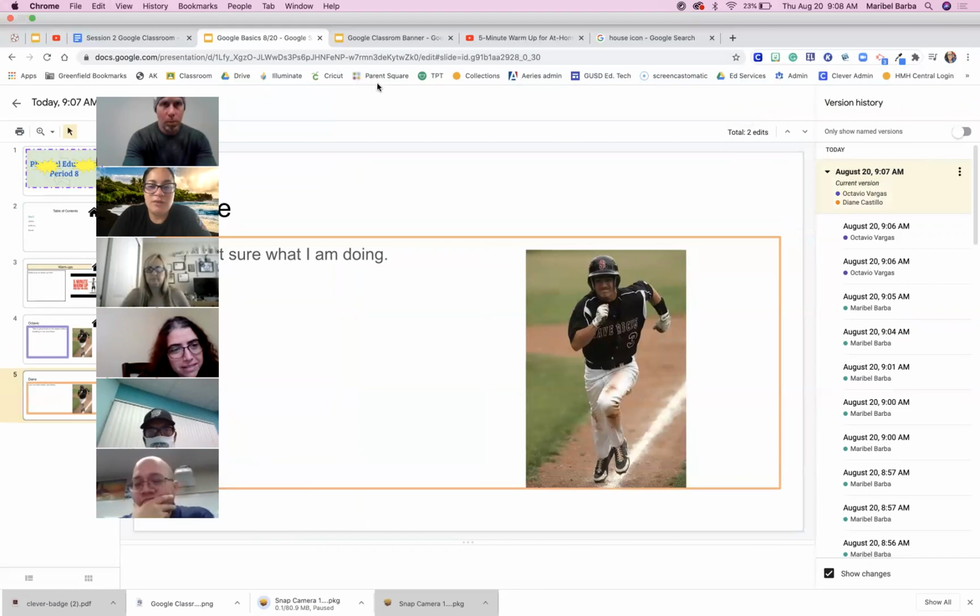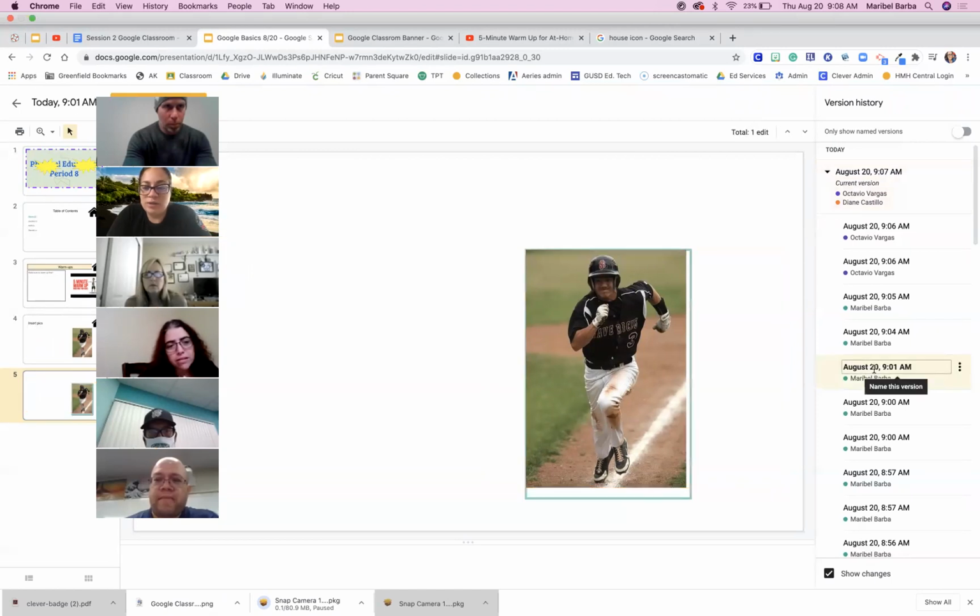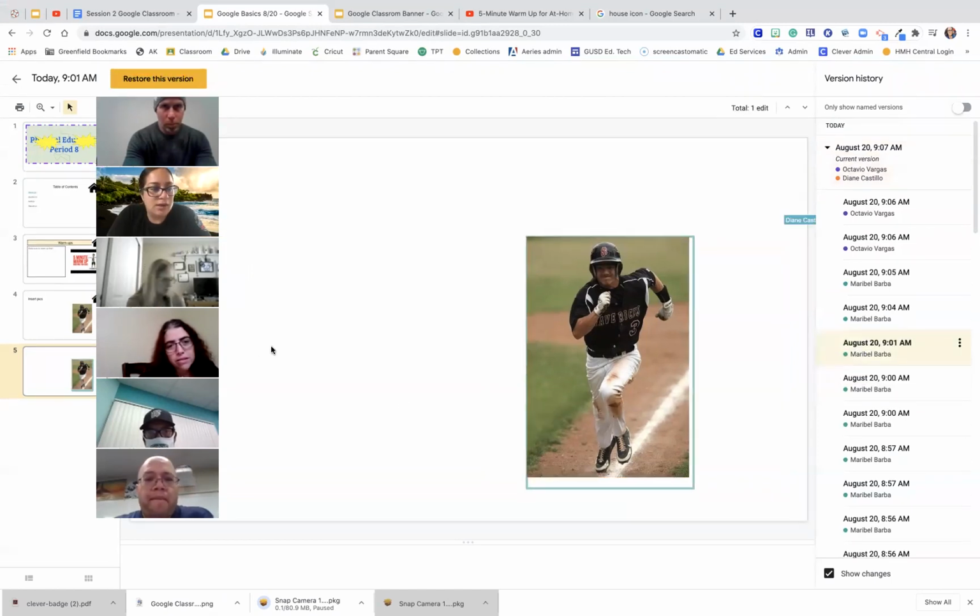All right, so that's one of my favorite features. Also, if you made changes to your slide and you don't like them and it's just you, and you're like, you know what, I really liked how it looked at this point. So I'm going to click on it and I can see what changes I had done at that point. If I click on these 3 little dots or this hot dog menu,